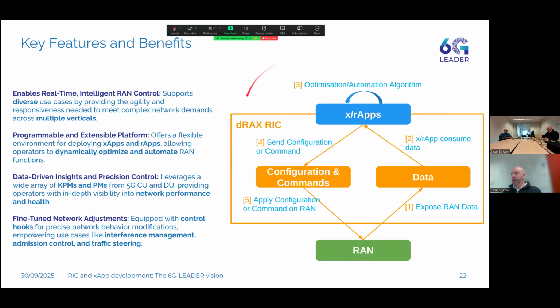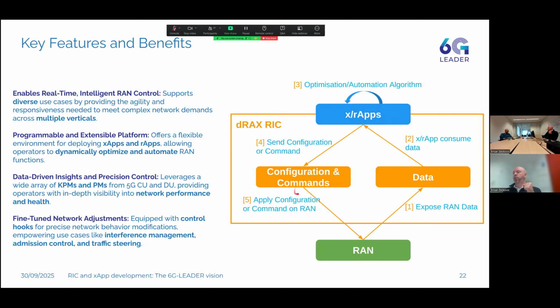If I look at this big blob over here, the RAN itself exposes RAN data into a RAN block over here. We'll see what that means actually in the RIC. But all of this vast amount of data, such as KPMs and so on, that indicate the state and the health of the network, can basically be consumed by these xApps and rApps. And this is where the real magic happens. These xApps and rApps are where the automation and optimization algorithms really lie, and they utilize all this data to bring forward some analysis and potentially a feedback loop, a decision as to how to impact the network.